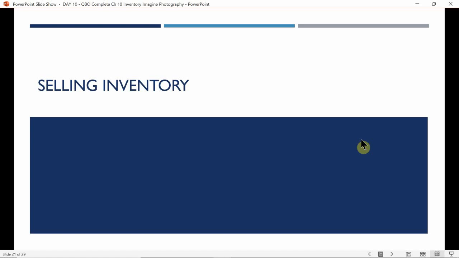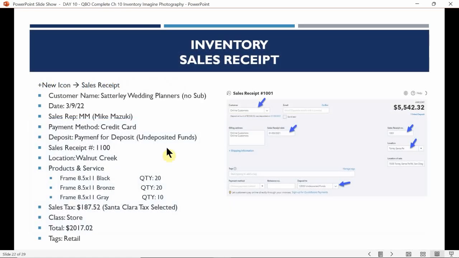All right. So, how do we actually get rid of our inventory? If we are using the inventory center to keep track of our products, how do we actually see our inventory change? Well, we do that by selling our products, okay? So, as we mentioned before, right? When you sell a product,